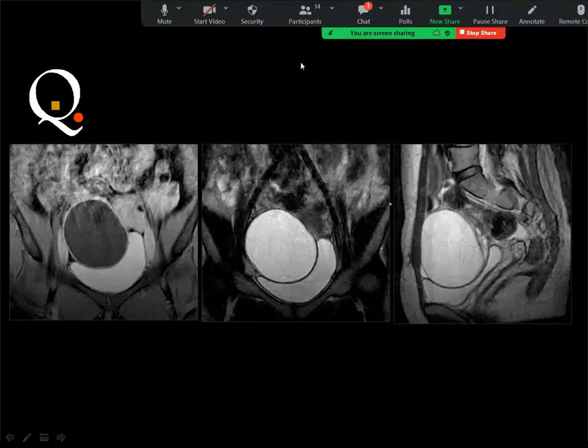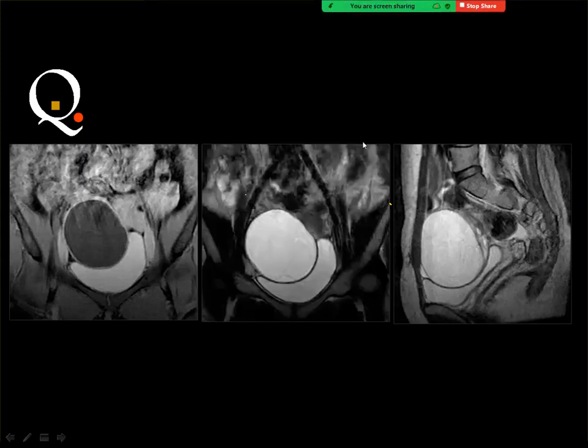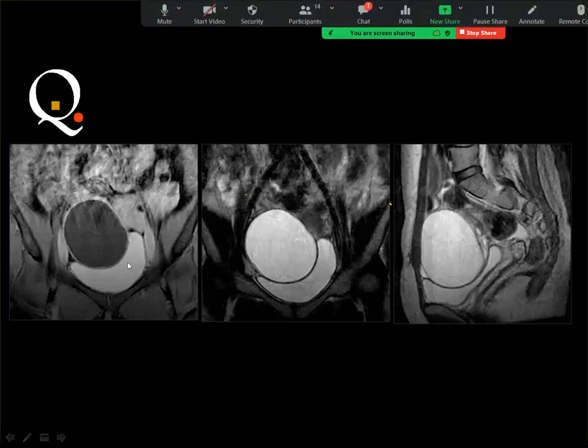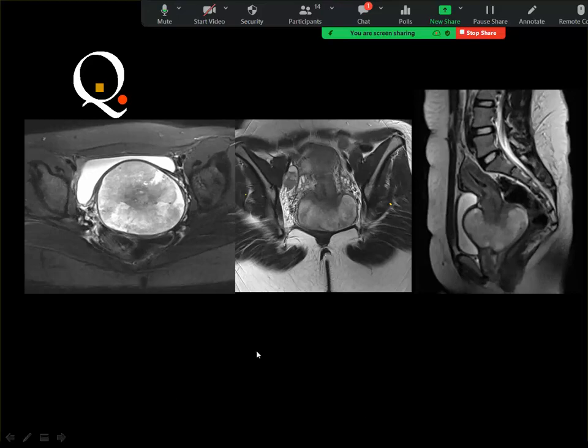You may say that this is a simple ovarian cyst, and yes, you may say that this is a simple cyst, but if it is somewhat large and you may see some internal septations, here you cannot see, but this lesion was proved after surgery to be a mucinous cystadenoma. Actually, the right diagnosis is simple ovarian cyst because you do not have some of the features of the cystadenoma. Next case, and this is